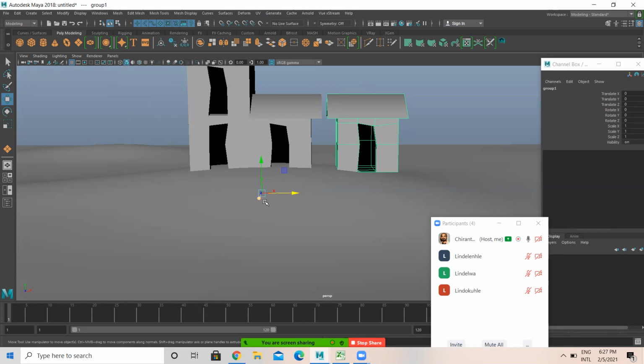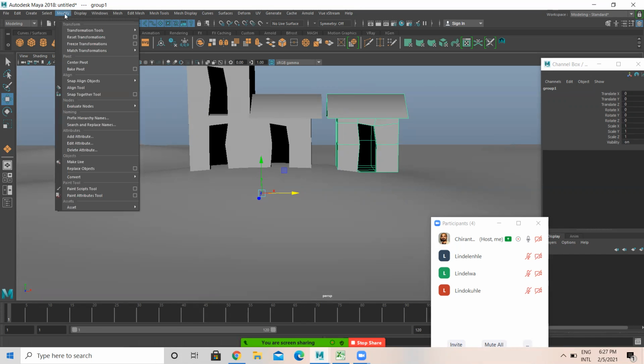You see this pivot point is here. I want this pivot point to come to the center of this particular group. So what we have to do? After grouping, go to modify, here in the menu, modify, center pivot.